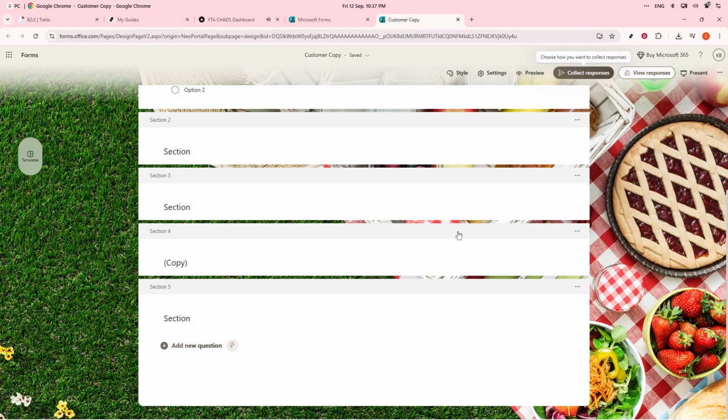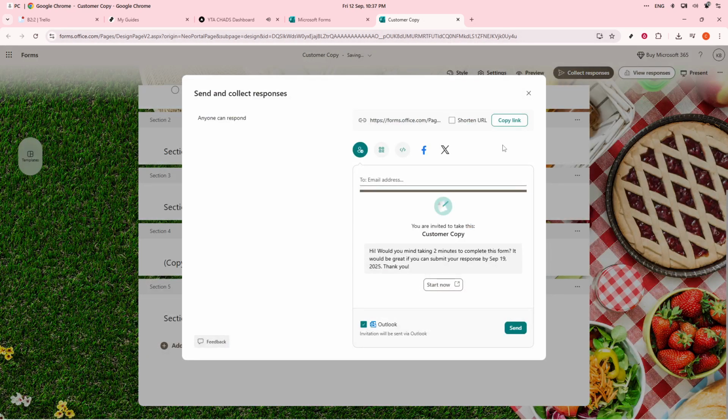Finally, when you're satisfied with the customizations, it's time to share your duplicated survey. Look for the share button positioned at the top right corner of your page. Click on it, and now you can choose how you'd like to distribute your survey. You can copy the link, generate a QR code, or send an email invite directly. Whichever method you choose, rest assured that this duplicated survey is entirely independent of the original, ready for responses with